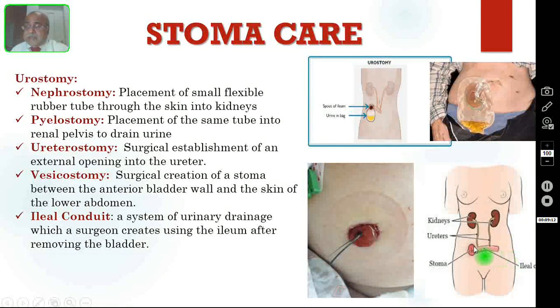You have to create a segment of ileum that you have to separate, and then you have to implant both the ureters because you have already removed the urinary bladder for bladder cancer. So you have done a radical total cystectomy. Now these two ureters will be dangling. So these ureters you have to implant into the ileal segment, and then this ileum will be coming out. This is what you are seeing here. So both the ureters, they put a tube inside that ureter also. That is what you are seeing here. So this is the ileal conduit.